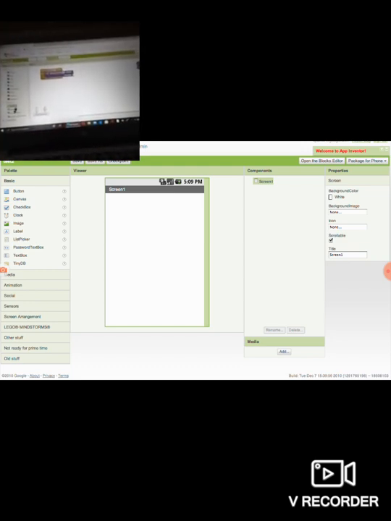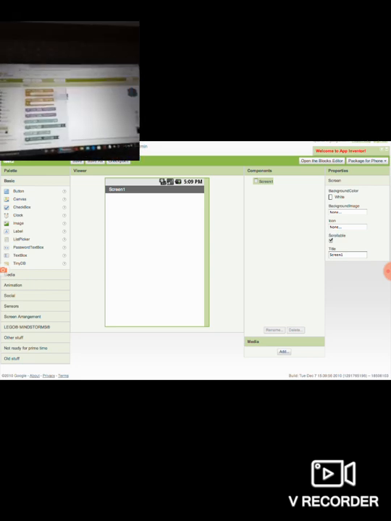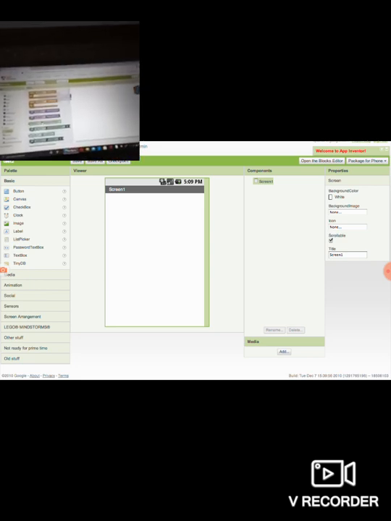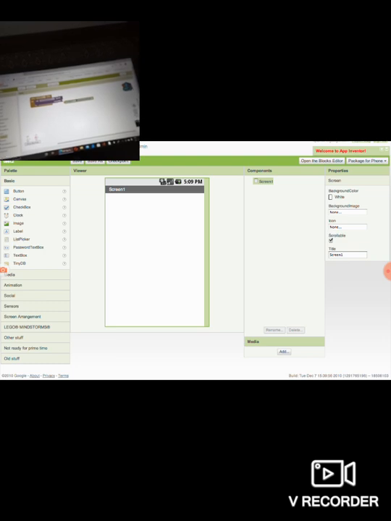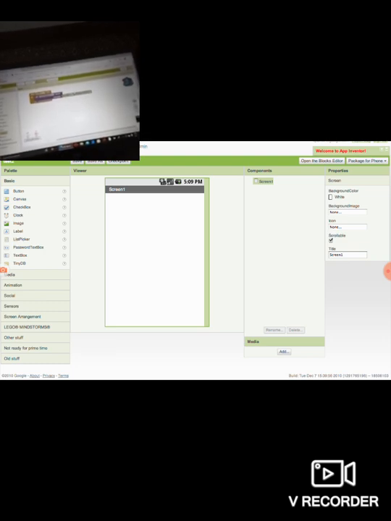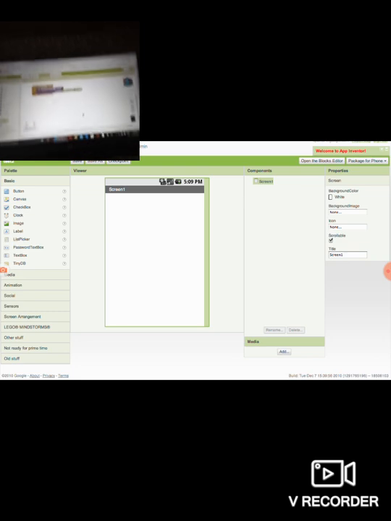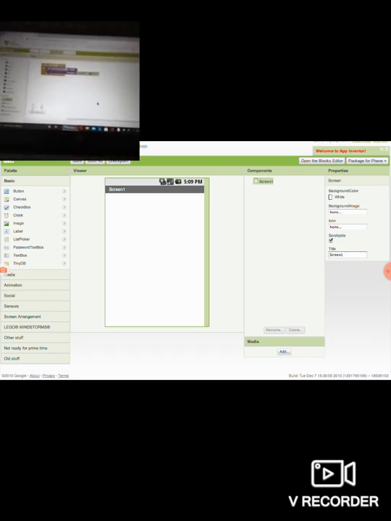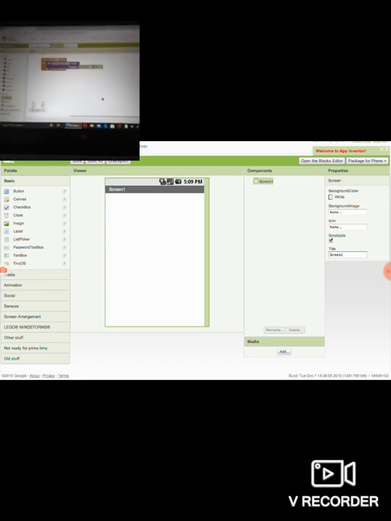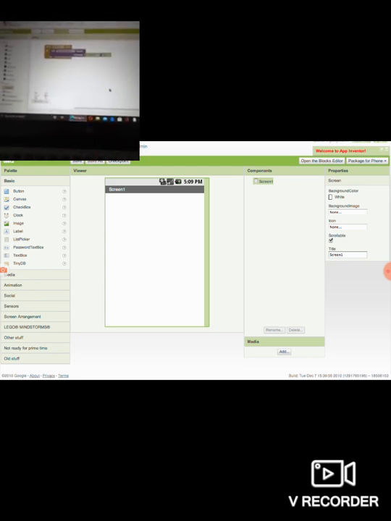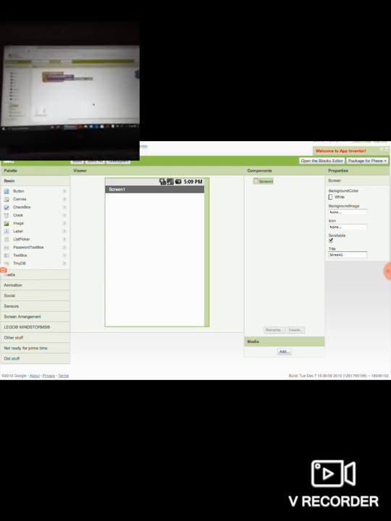Now for speak message, go to text box and you'll see text box one dot background. But for shortcut I kept textbox one dot text here. What is the meaning of that? When button one click, the voice will speak what we type in text box one dot text. That's all.